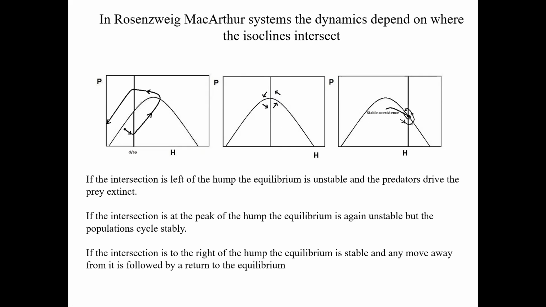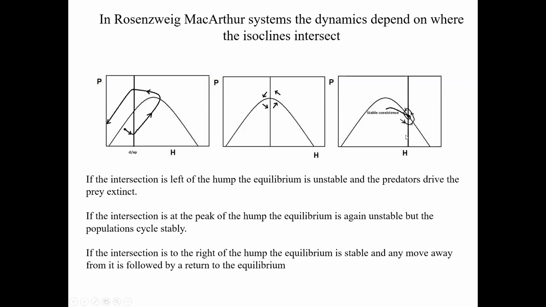Okay, if the intersection is to the right of the hump, look what happens. In this section of the graph, a combination of predators and prey will change down and to the right because the prey can increase, but the predators must decrease. So it goes that way. When it hits the predator isocline, it turns up and to the right,